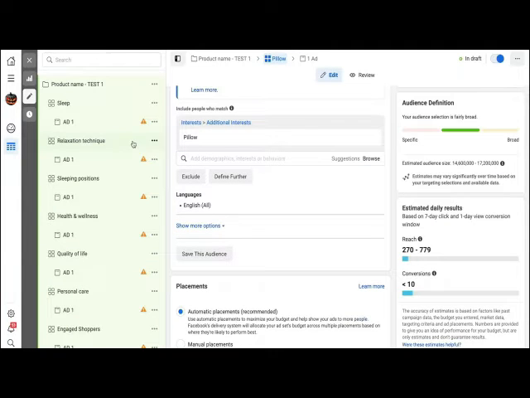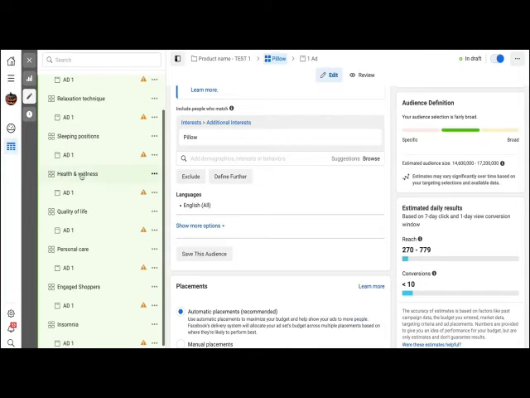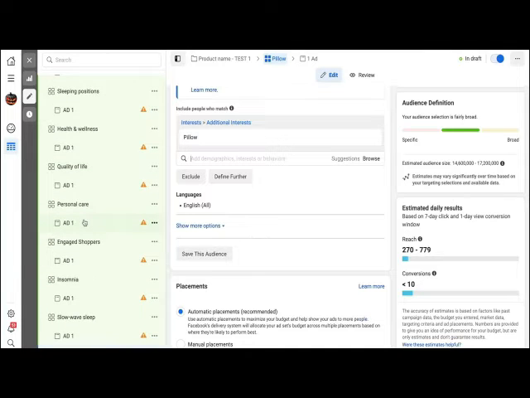Now we've selected all the interests, and let me walk you through it, guys. So here we go. We have sleep, relaxation technique, sleeping positions. So they are all related to sleep. We have health and wellness, quality of life, and personal care. Those are more related to people who want to take care of themselves and be healthier in general, because this product is a very general product and it could work with anyone who wants to have a healthier and a better life. Engaged shoppers are all the people who clicked on the Shop Now button in the past